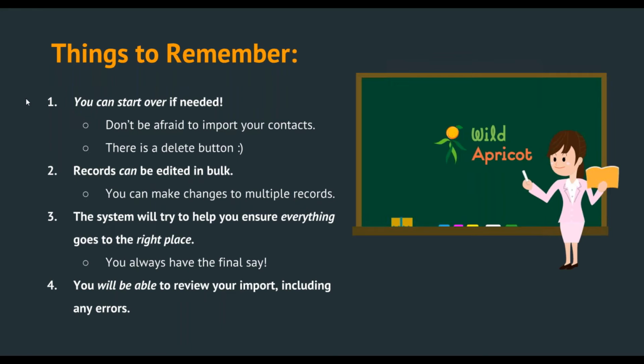So if you accidentally put everybody's country into the city field, and it's saying that everybody is from the city of United States of America, you can go ahead and change that, update how it looks in your spreadsheet, move all of that information over to the correct column so it's in the country column and not the city column, and then import that information and have it update on Wild Apricot and correct all of the information. So that's definitely possible.